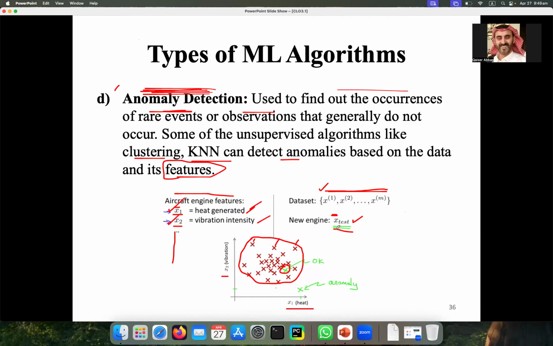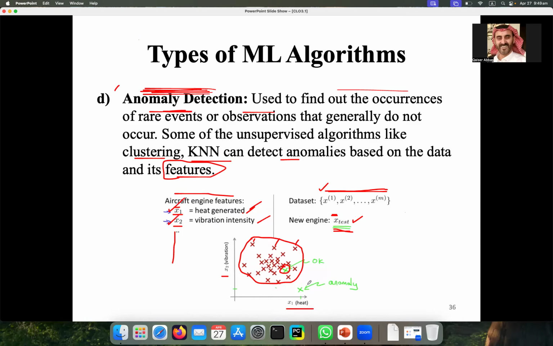And if the new test data, the new engine, whose data you have given to the model, is plotted in between this data, then it means okay, no anomaly, everything is okay.